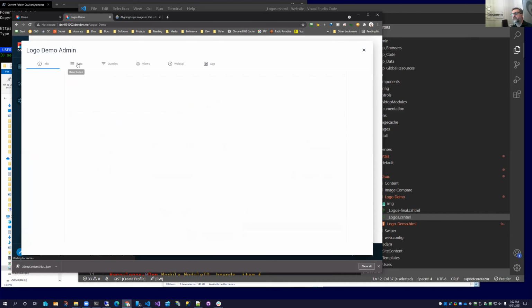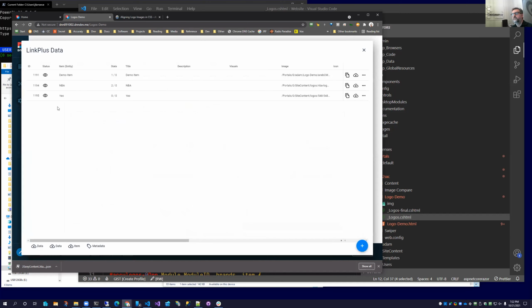So if we go back to our data, there's still a demo item, one NBA and one yes. And you can see the stats here. You can see the two NBAs are in use somewhere, and there's no yes ones in use.